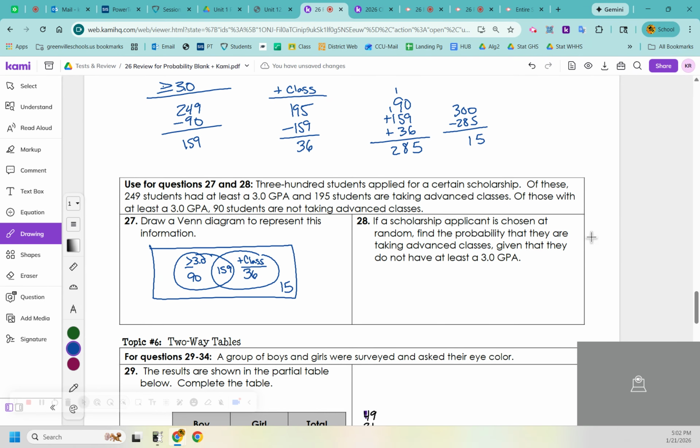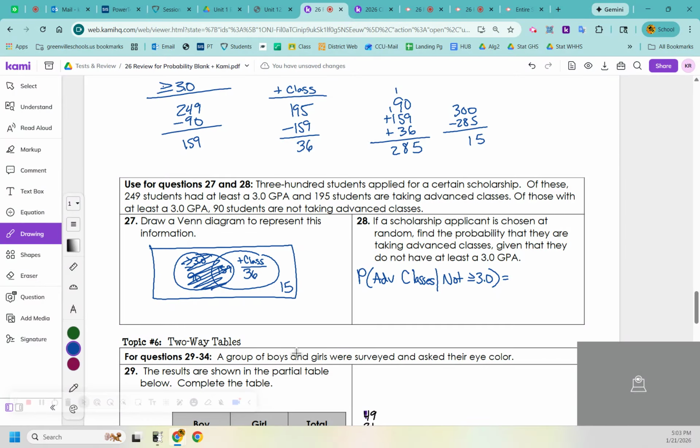Okay, find the probability that they are taking advanced classes, given that they do not have at least a 3.0. So not greater than or equal to 3.0. That is a hard question. What a great bonus. Okay, so not a 3.0. That's